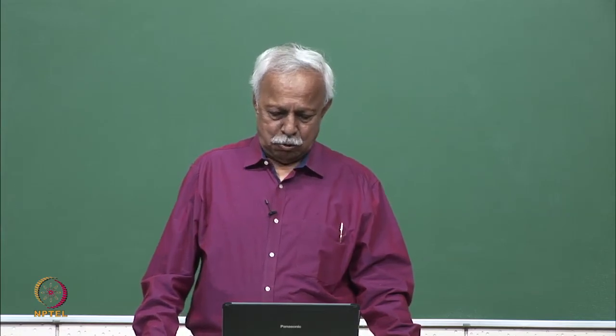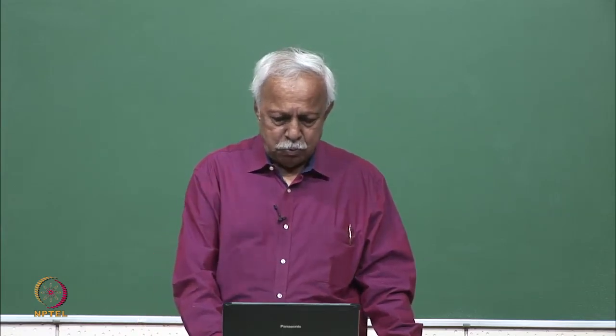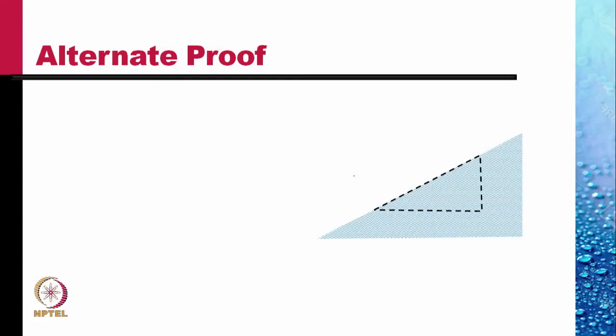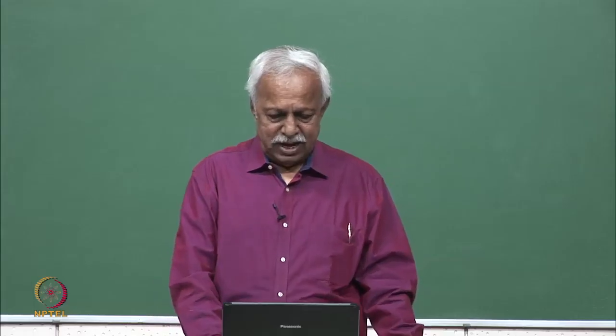If the surface was sloping, we could construct a small element of the fluid of this triangular shape. This small element is also at rest. What are the forces acting on this? The forces acting on this are